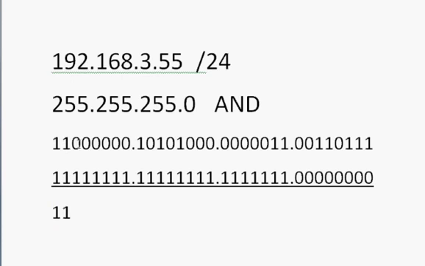Okay, and then you'll see here that on the next octet, a true and a true makes a true, and a false and a true, and a false and a true, false, false, false. So that's 192, 168, and then we get to the next octet, and we've got the same logic happening here. Okay, and so far we find out that what we have in decimal form is